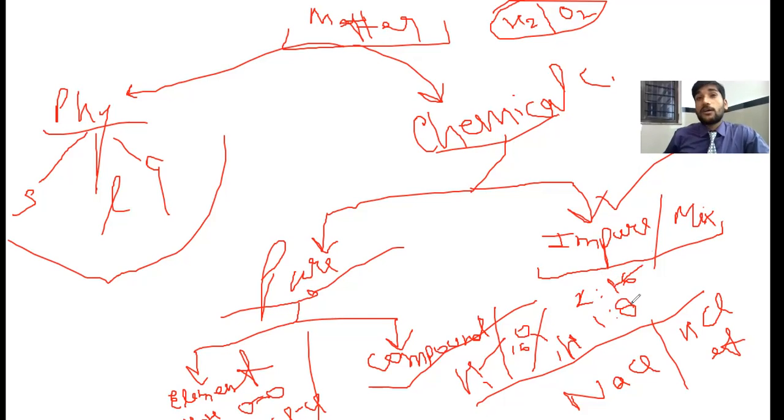That may be water of your laboratory, that may be water of your tap, that may be rain water, that may be water present on the moon, okay? Is it making sense? Water from any place will have the same composition of hydrogen and oxygen, that is, in the ratio of